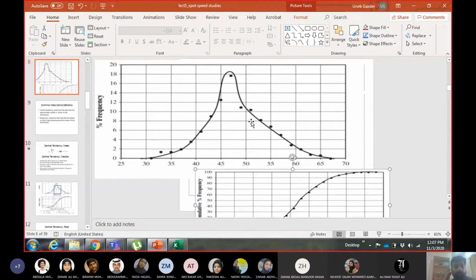So because of these two things. What was the first point? The first point is your visual judgment, and it can vary from one person to another. One person may say this is a symmetric curve, this is a bell-shaped curve. Another one may say even after plotting the best fit curve, it is not symmetric. And the other point is, whenever you are plotting the best fit curve, all the points will not be joined. So whatever curve you are having, it's an approximate curve.